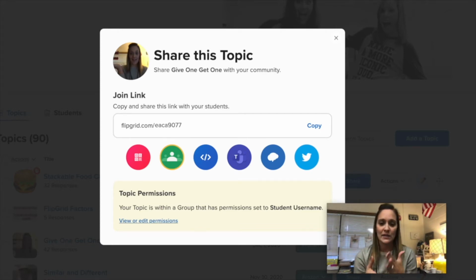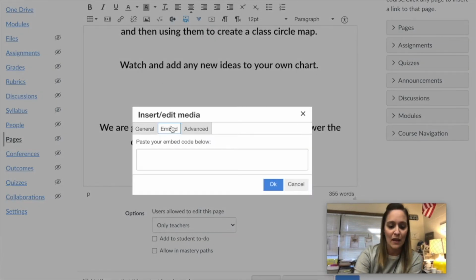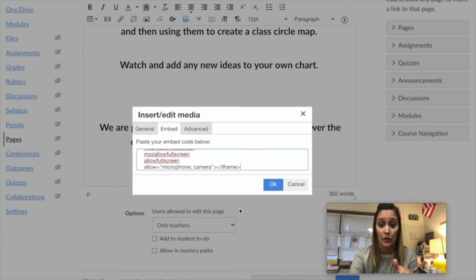So I'm going to take a topic that I have created in Flipgrid and embed it right into my class's Canvas page so they can go right in and work on it without having to leave the page. So the first thing that I need is the embed code, and then once you get that, you can come on over. I'm going to paste that embed code into my Canvas, but before I hit the OK button,